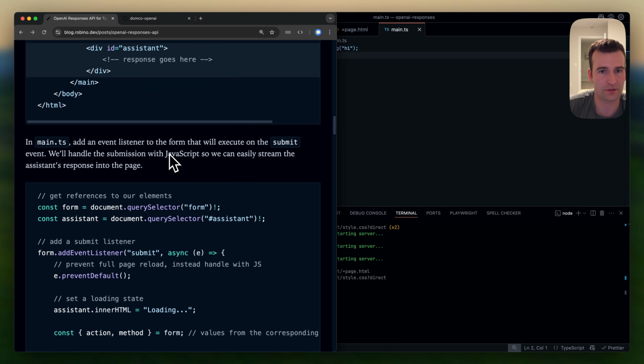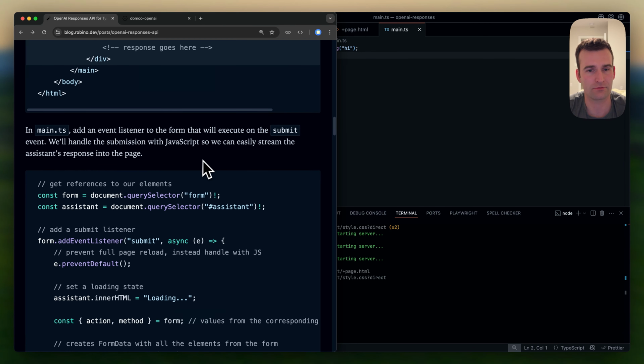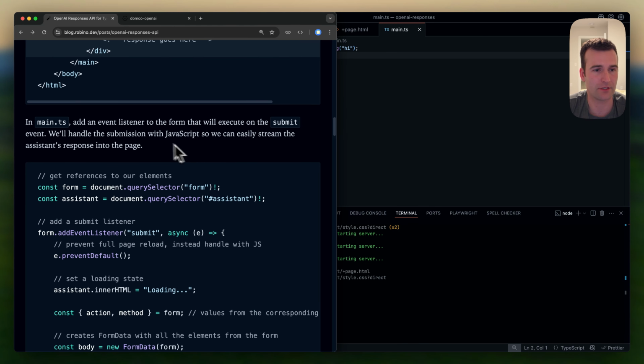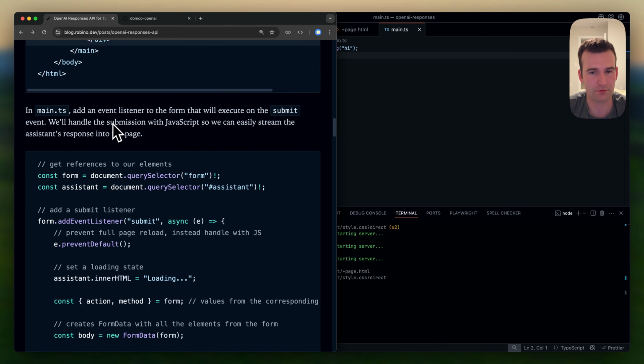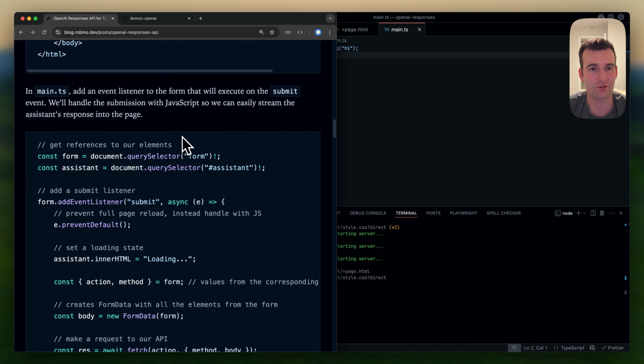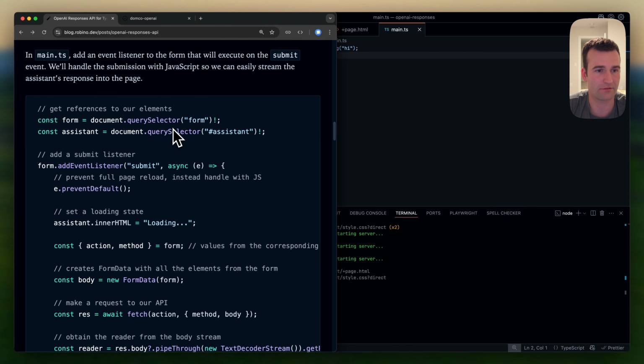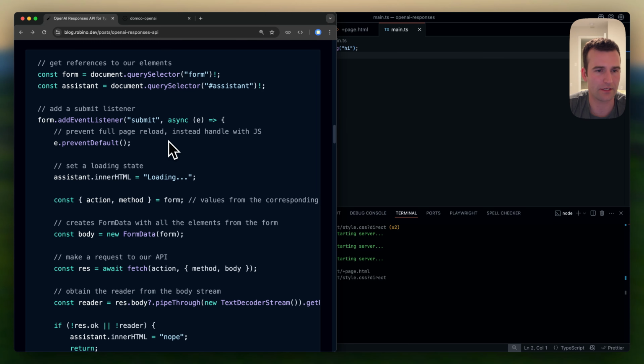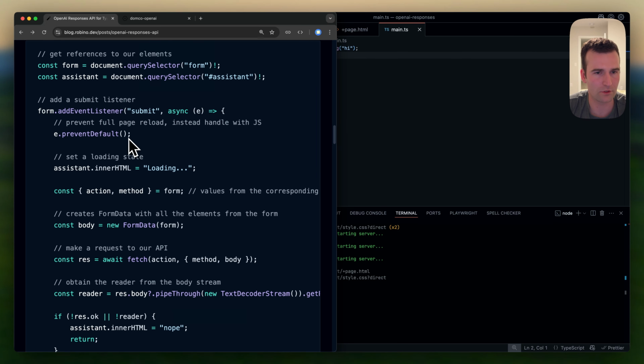So now we need to add some client-side JavaScript. We'll add an event listener to our form that will execute on the submit event, and we'll handle the submission with JavaScript so we can easily stream the response into our div element. So the first thing we're going to do is get a reference to both of our elements that we're targeting, first the form and then the assistant, and then we'll add an event listener,